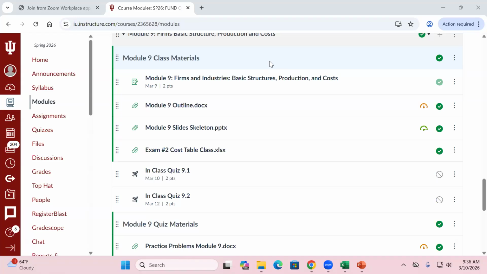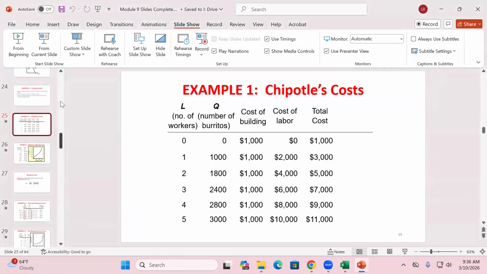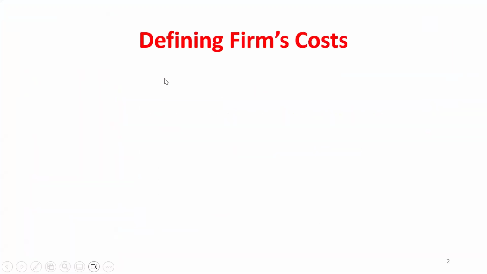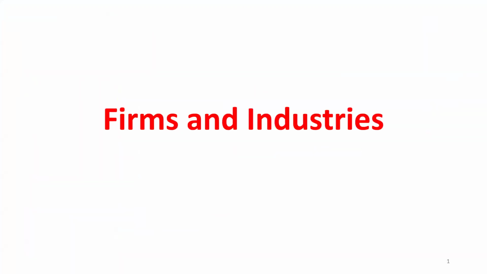Okay. All right. So last week, we kind of focused on consumers primarily. This week, we're going to focus on producers or firms. Okay. Now, we'll still use some of the concepts that we talked about in previous modules with consumers, but we're primarily going to be focusing on how firms make decisions and more specifically, what their cost structures look like.